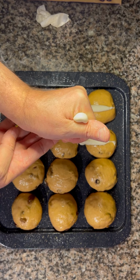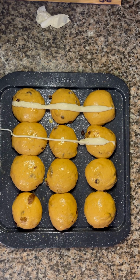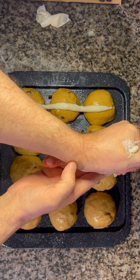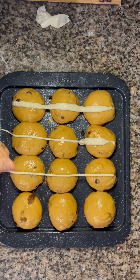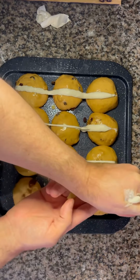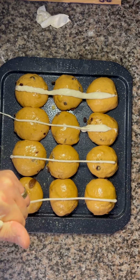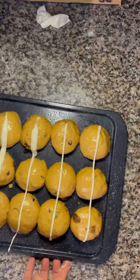So I've cut the hole in this bag a little bit thinner so I can pipe a much thinner line of hot cross bun paste. I'm just going to push down, lifting. Okay. And touching down. So then we're going to rotate